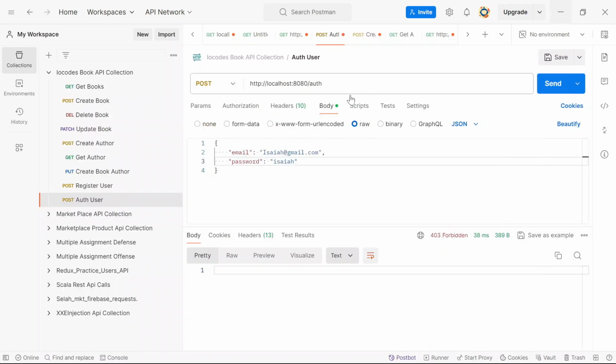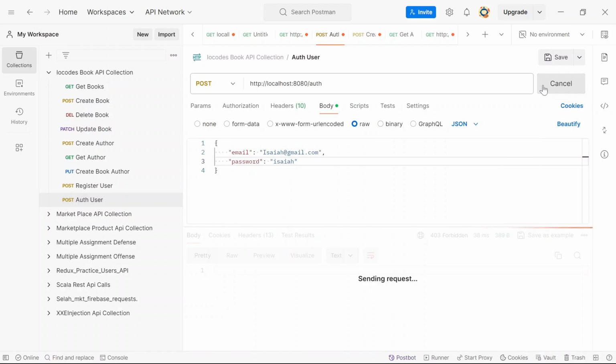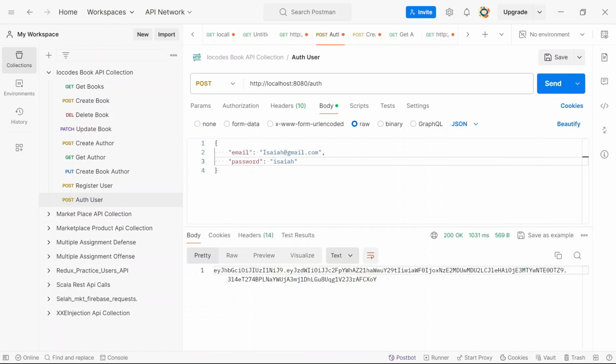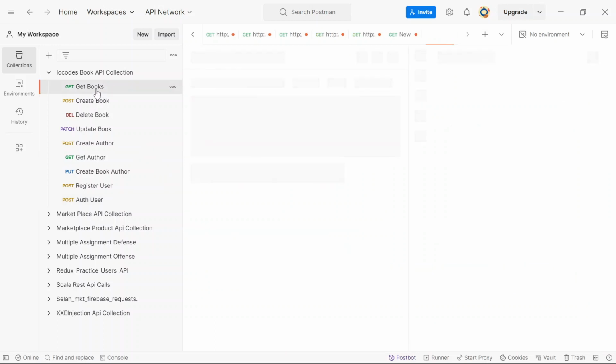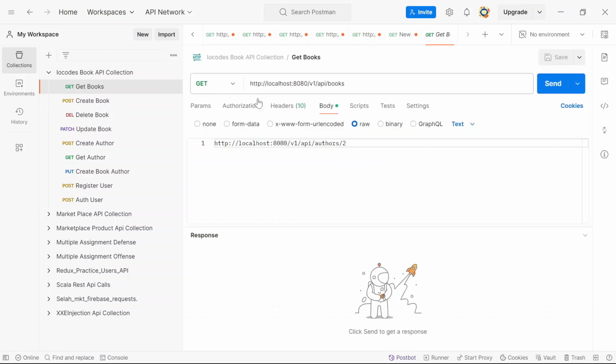So right now I'm going to call the authentication endpoint, send, and we see that we have the token. So I'm just going to copy the whole of this JWT token, Control C, and what I want to do now is call our get books endpoint. So I'll move back, then go to none,